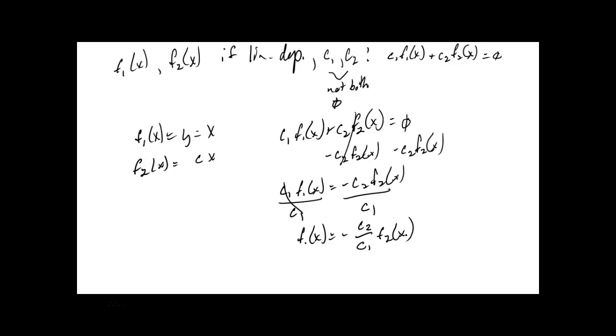So basically, what are we saying? F1 is a multiple of F2. That's what it's saying, because these are just constants, with C1 not being equal to 0. So for two functions, it's pretty obvious. If one is a multiple of the other, they're linearly dependent. But if they're not multiples of each other, they will be linearly independent. Now, for three and more functions, not nearly so easy to see. Two is really, really easy to see. Okay? Now,